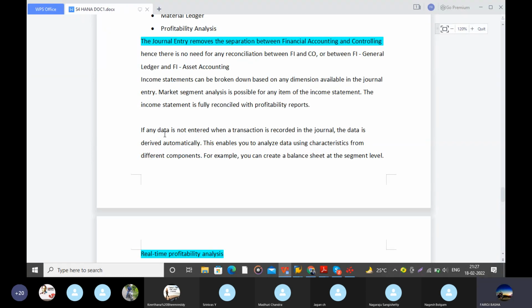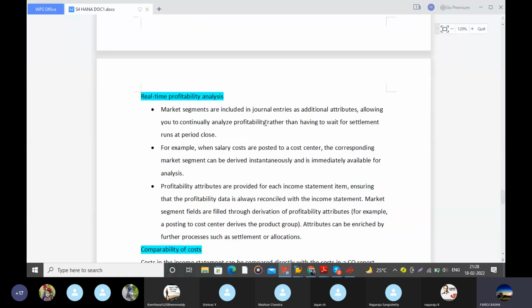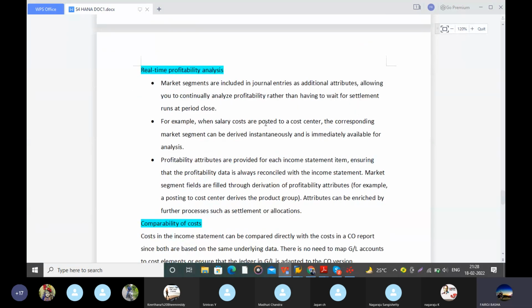If any data is entered when a transaction is recorded in the journal, the data is derived automatically. This enables you to analyze data using characteristics from different components. For example, you can create a balance sheet at the segment level. It helps in making profitability analysis, real-time profitability analysis. So the management decision makers can make their own analysis